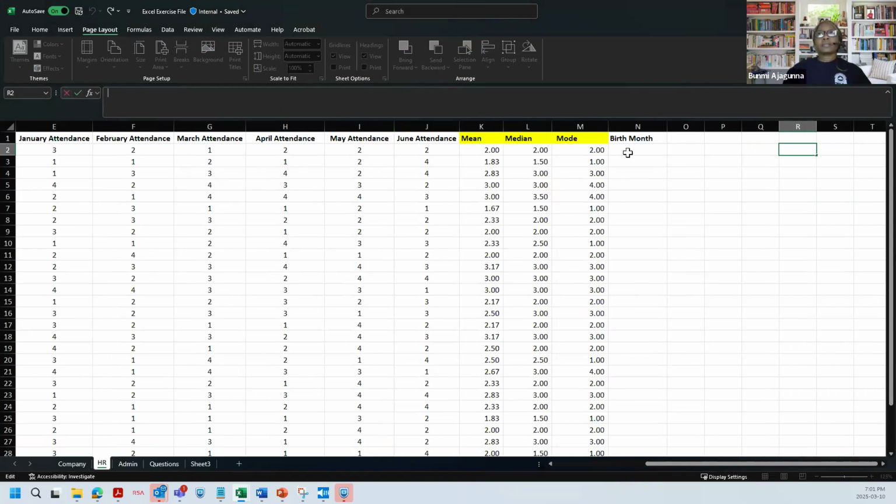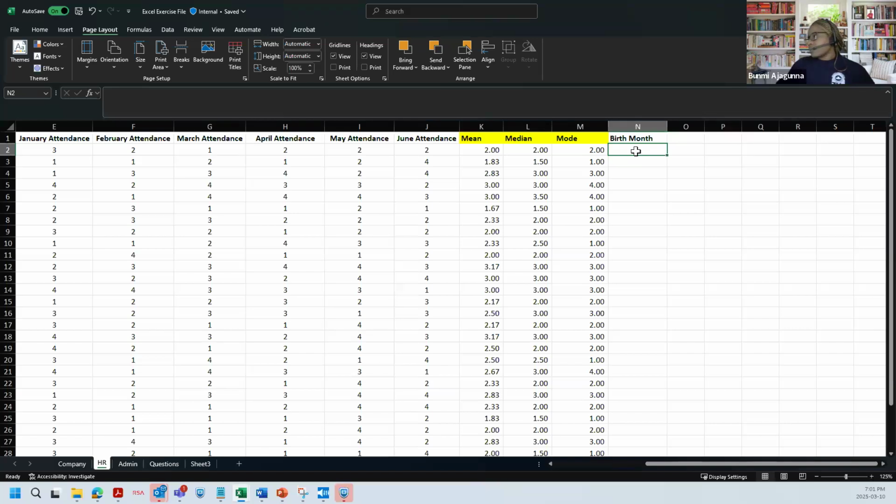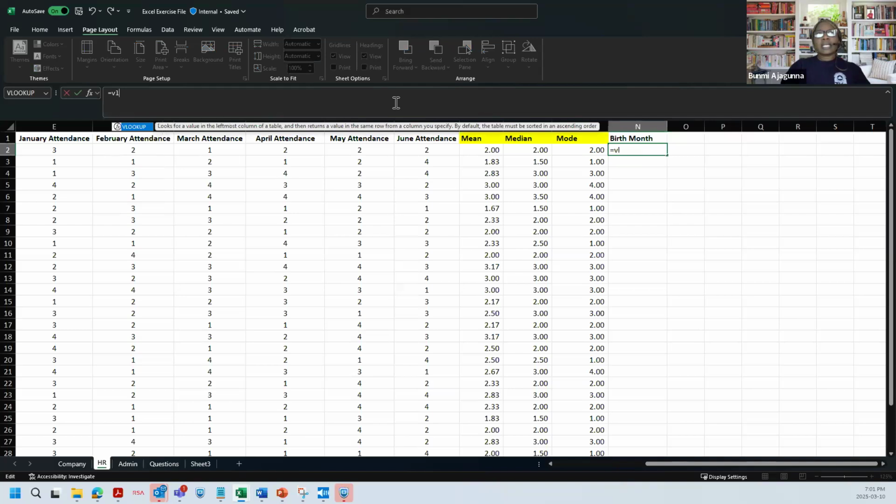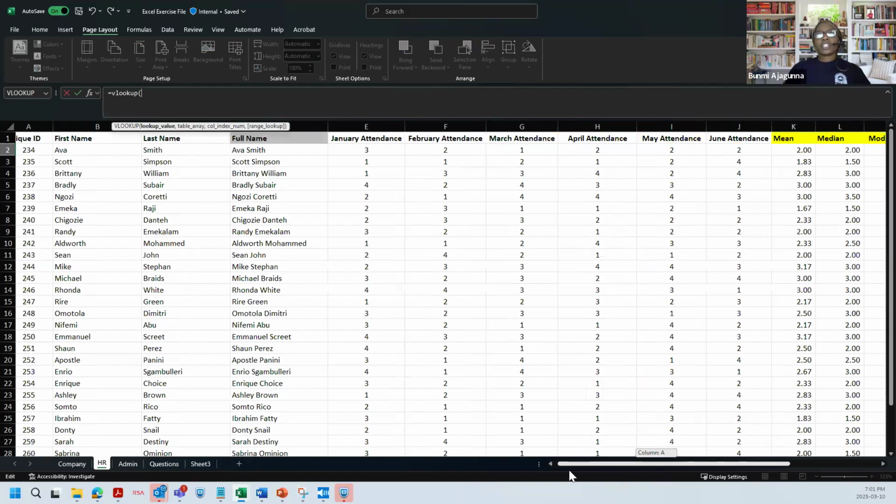All right, so let's do this again. You go into your cell. So you go into your cell, and then you type in the formula: equals VLOOKUP, and open your bracket. What we want to VLOOKUP is what is common to both sheets. And over here, what is common to both sheets is the full name. So we pick the full name here, only for that line. So we're in N2, but we're looking at D2. So we VLOOKUP D2,